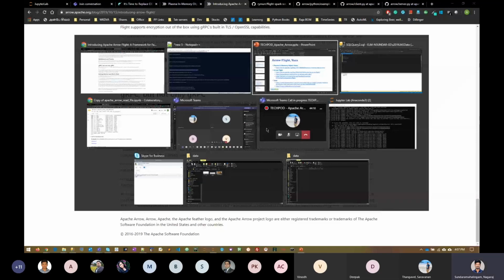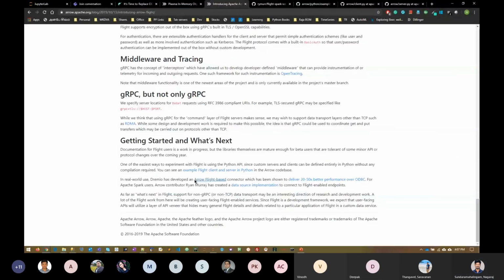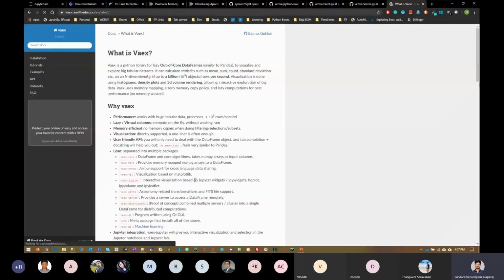And some other libraries, like Max. Again, it is a Python library. So far, we have seen how to read data first, and how to transfer or store data efficiently. But we need to do analytics, right?